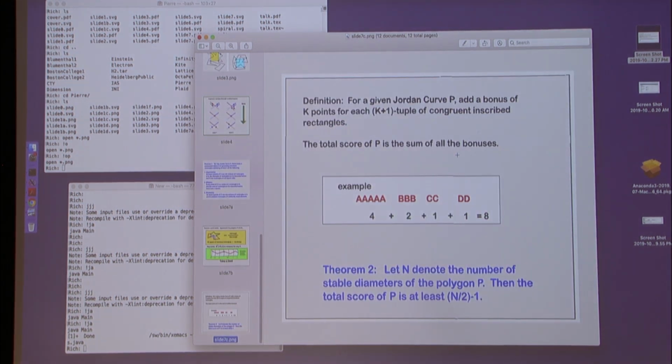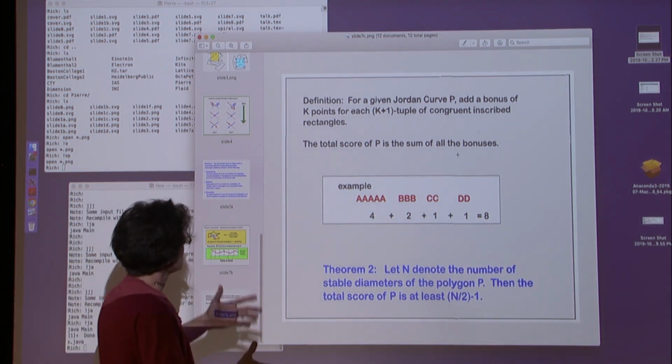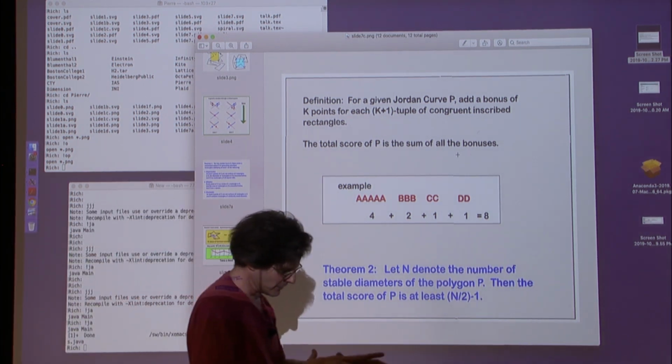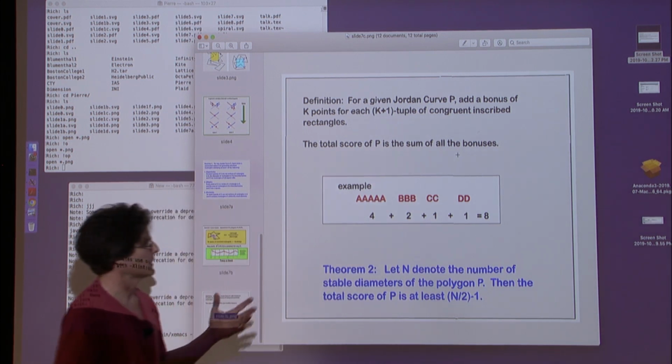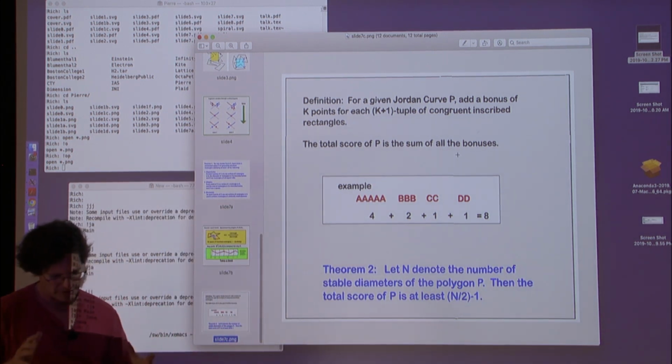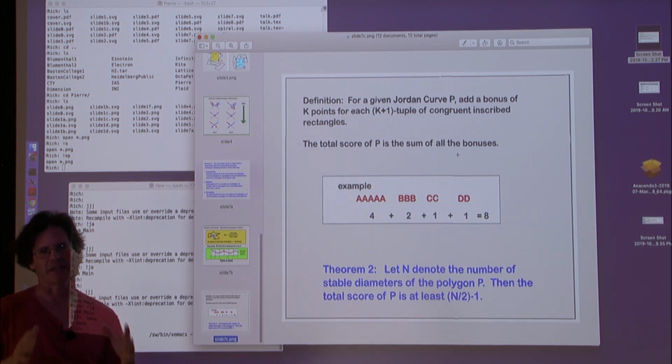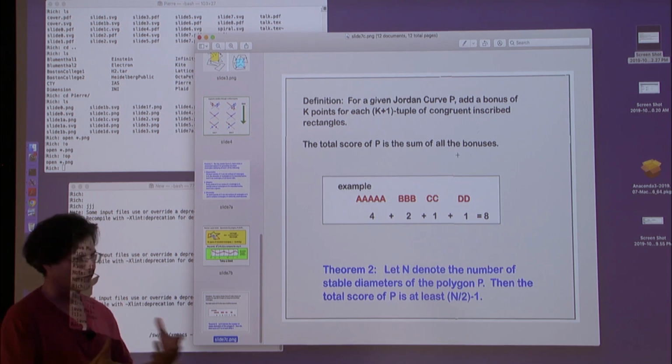Now I'll explain the second one. And this is sort of like using the invariant to get some information which is slightly more than topological. So what I want to count is multiplicities of inscribed rectangles. So this is going to be, informally, the number of inscribed rectangles minus the number of isometry types of inscribed rectangles. So in other words, if there's a lot of inscribed rectangles that are isometric to each other,